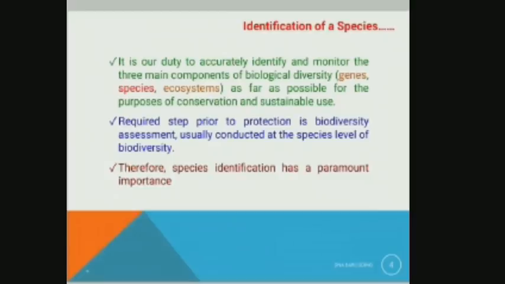Diversity could be studied at three different levels: genes, species and ecosystem, because the ecosystem plays an important role in speciation and other aspects of biodiversity. Here we need to identify the particular species accurately so that we can go for sustainable utilization, and we can also devise conservation plans for long-term utilization. Therefore, it is very essential to identify the species before going for any activities related to conservation and sustainable utilization.